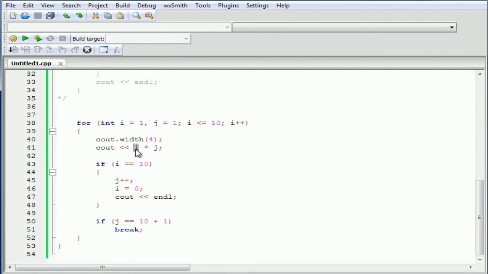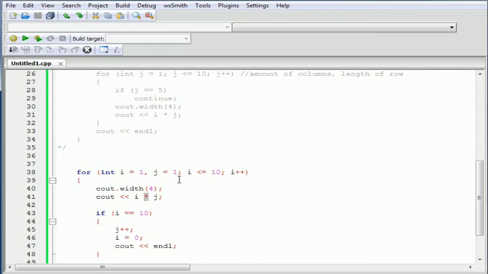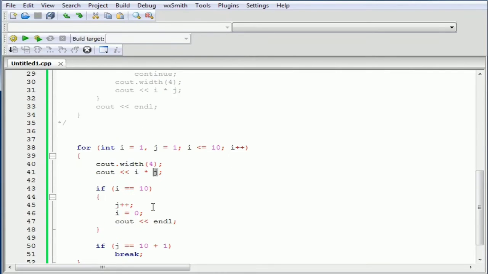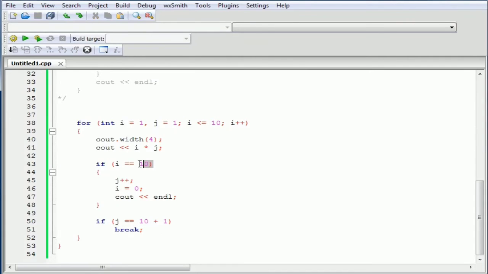So right now we are multiplying i, at the beginning 1, by j, which is 1, and after it we are just skipping those statements because the conditions are not true, they are false, and we are increasing i. We are checking the condition, and we are multiplying 2 by 1, 3 by 1, 4, 5, 6, 7, 8, 9, 10, and finally when it's 10 we are checking that the condition is finally true, and we are increasing j, we are assigning 0 to i, we are creating the end line, so we are creating the enter, and we are checking that condition which is not true, and again we are multiplying, now this time 1 by